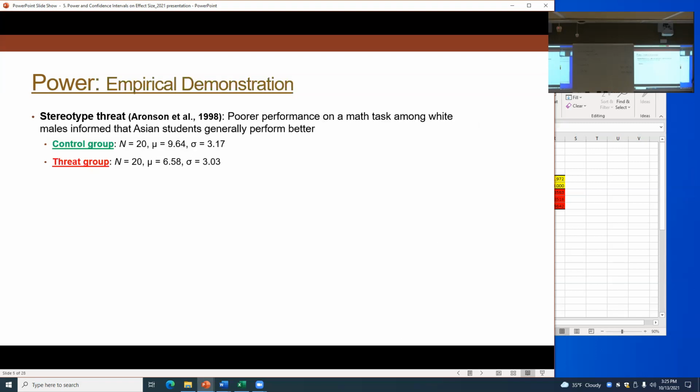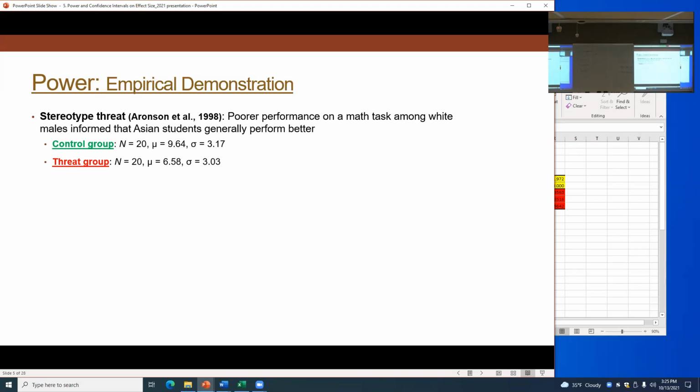Okay. So if we're thinking about how we go through and think about power from a conceptual standpoint, a couple different ways we're going to do this, but let's say, as an example, I know, experimental folks,